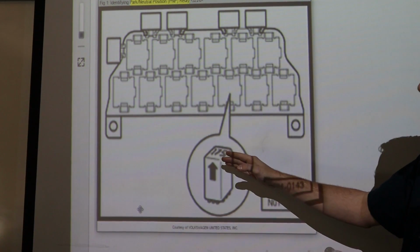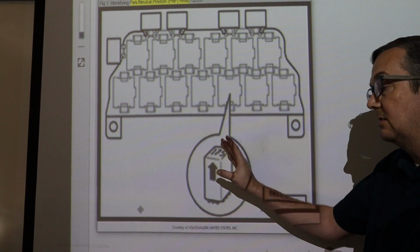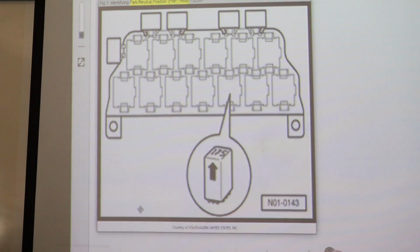But I would definitely test your inputs to the relay before you replace the relay, because some of these relays can be fairly expensive. Okay, now let's go back to the manual transmission. Most of y'all do have manuals, so